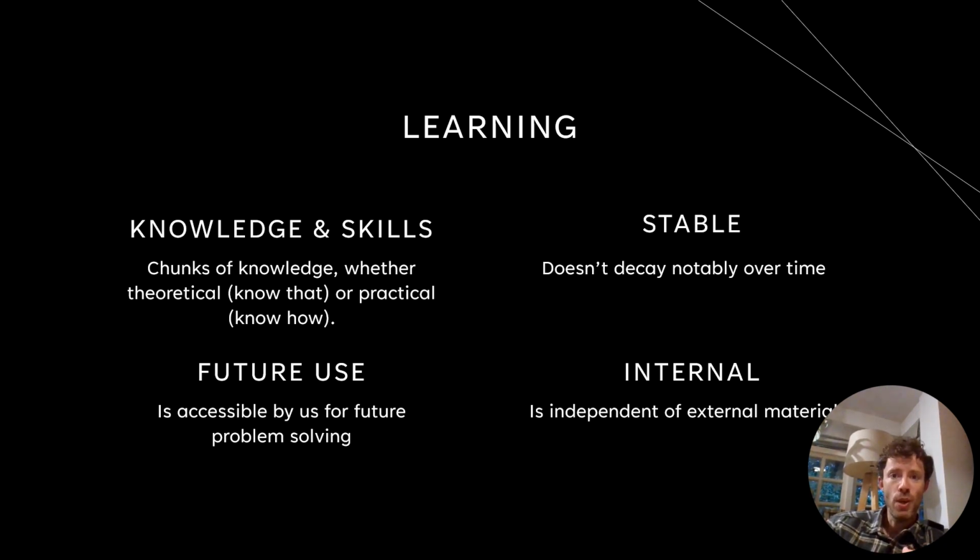Because the third point is that it is all about future use. We don't really have learning for the moment that we're learning it. It's not about that. It's about these future problems that we need to solve. And this is where there's a real problem with learning: we don't have a great time appreciation. We don't recognize, and part of this is the stability we just talked about, but we think, I can do this now, I'll be able to do it later, when in fact we often can't. And true learning is about being able to put that within us to use in the future.